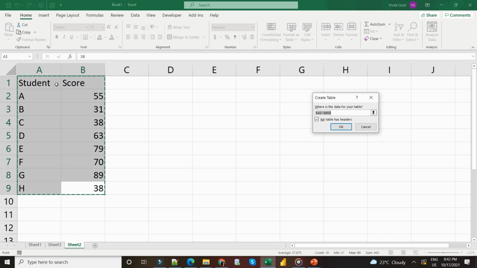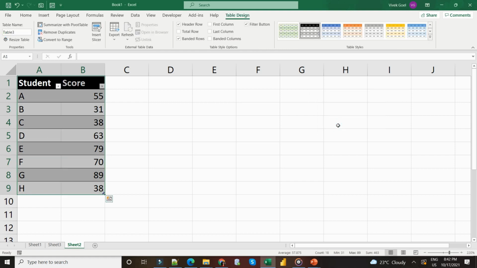So student and score are the header and the rest is our data. You see, as soon as I clicked, it presented me with a table design tab which was not there earlier. I can reformat my table, give it a different name, add totals and a bunch of other stuff. We will learn all of this in our course.